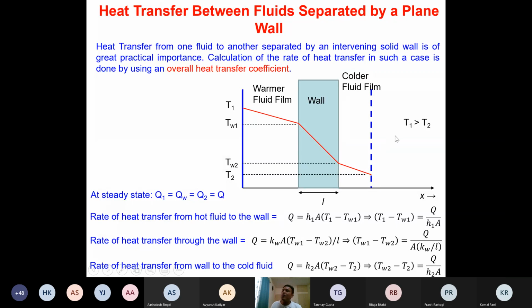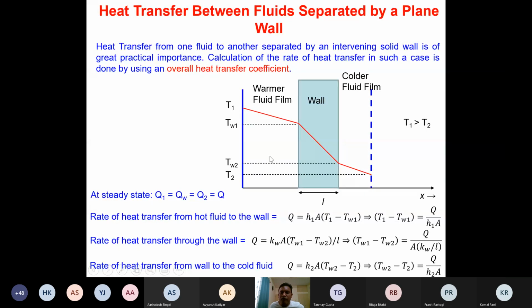Also, we are assuming that T1 is greater than T2. Okay, clear? So now here again we are looking at the steady state heat transfer. Remember, in steady state heat transfer, if the cross sectional area is same, in that case, in a steady state case, the rate of heat transfer Q1, which is nothing but the rate of heat transfer through this warmer fluid